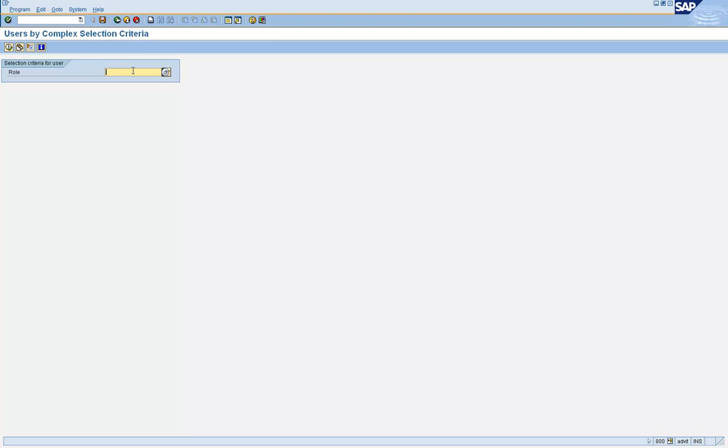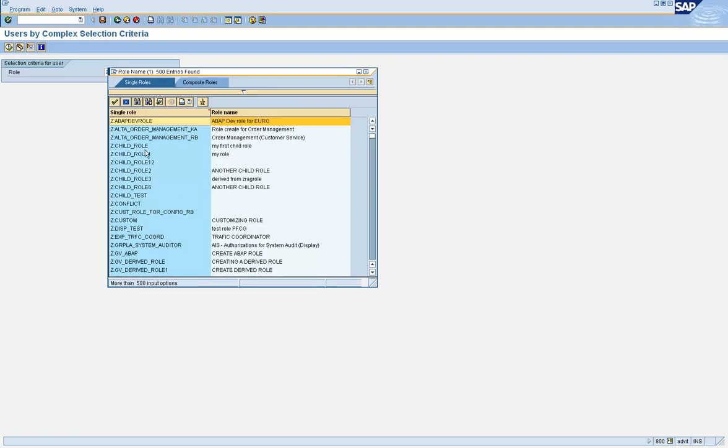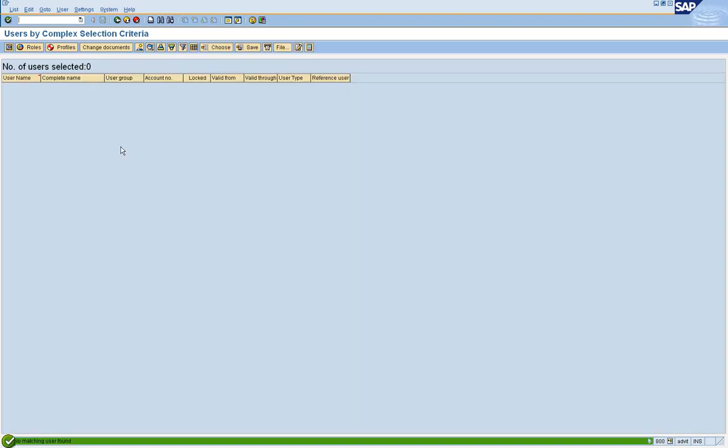So let's pick up a role, take this role for example, and click on execute. So it's not assigned to any user ID, so it doesn't show up anything.